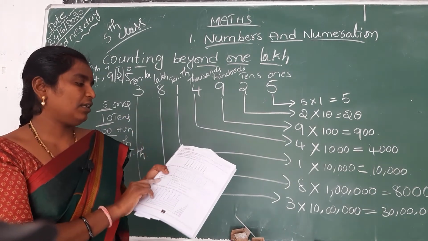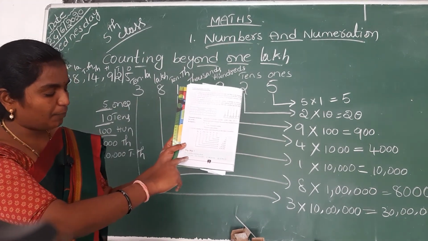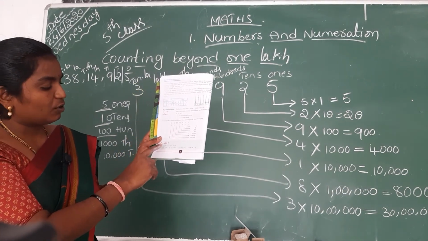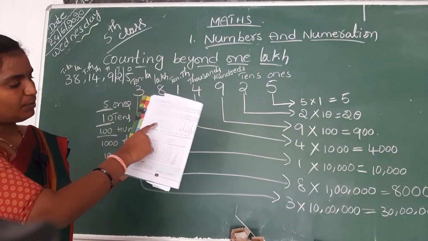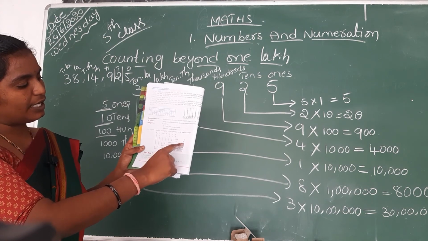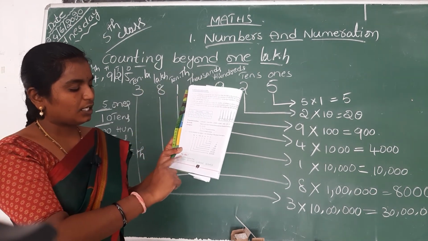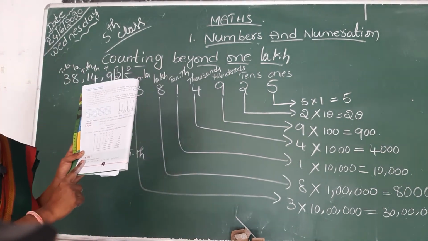Next class I will explain about crores. Now here are given some numbers. So this is the homework for today. You have to write each number in 3 types. You have to write place value charts, and next the abacus system, and write place values of each digit. You have to write each problem in 3 patterns. This is the homework.